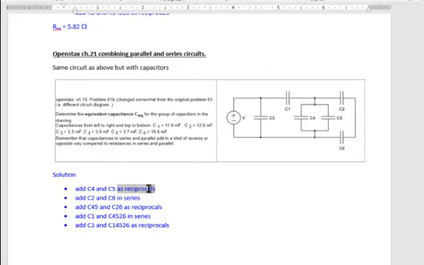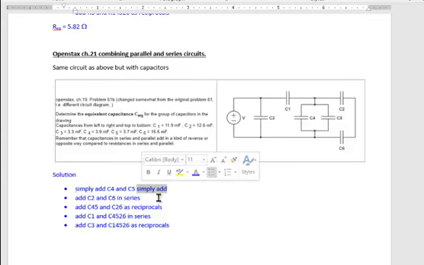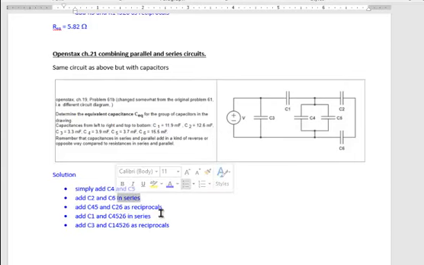And then the other thing is that, of course, this all should be turned around here. So this one here should be in series, and then the other one should be as reciprocals. So C4 and C5 right here, they are in parallel with each other, and therefore, as capacitances, they simply add. I should have done that one earlier, actually. Simply add C4 and C5. I'll fix it in a moment. Now this one here: add C2 and C6 because they're in series as capacitances, as reciprocals. Simply add